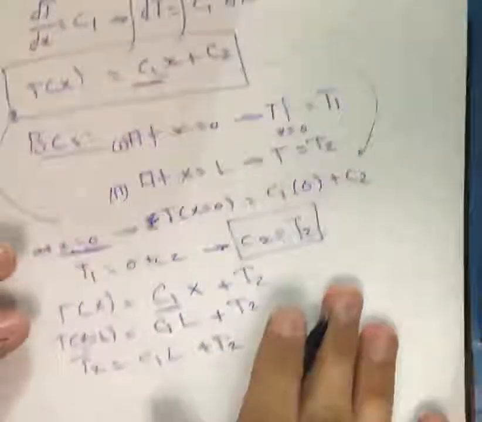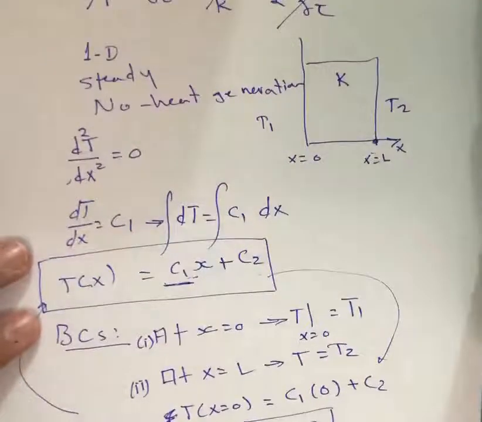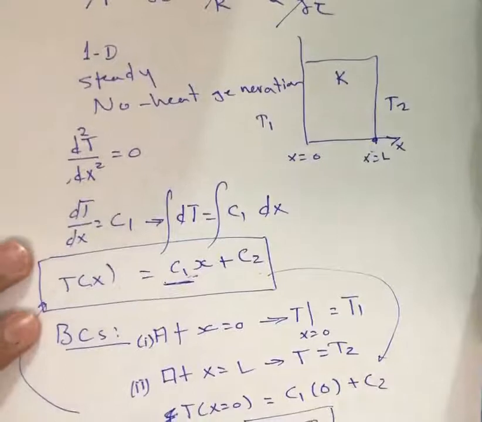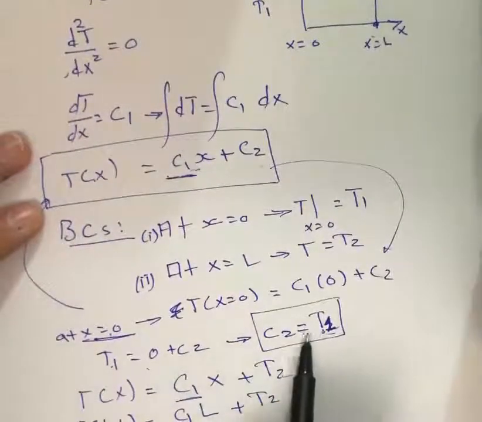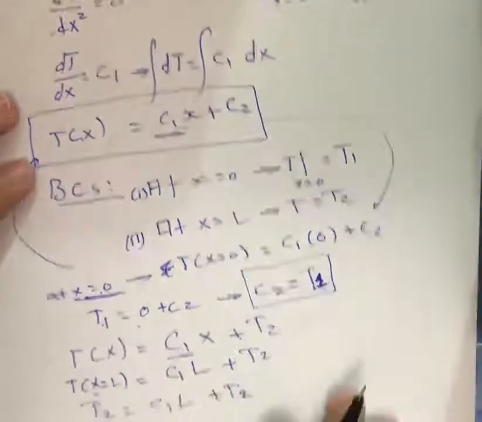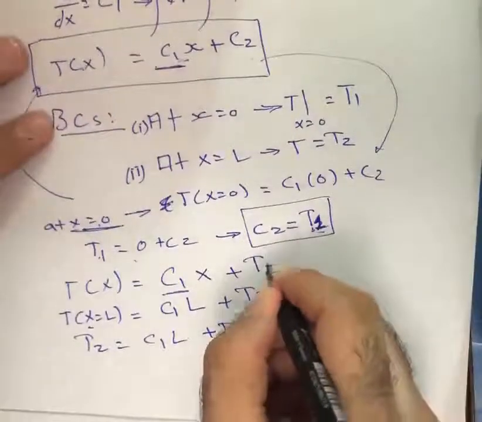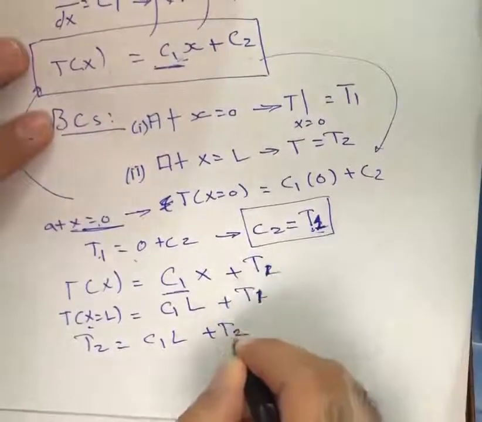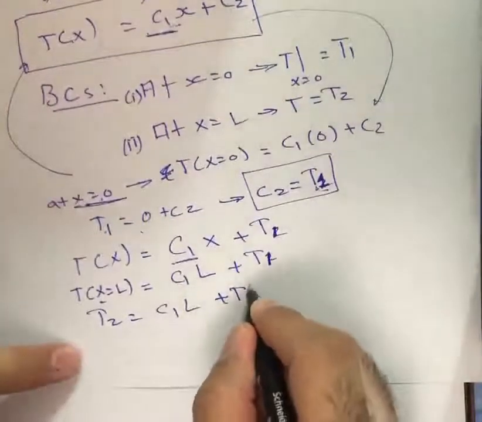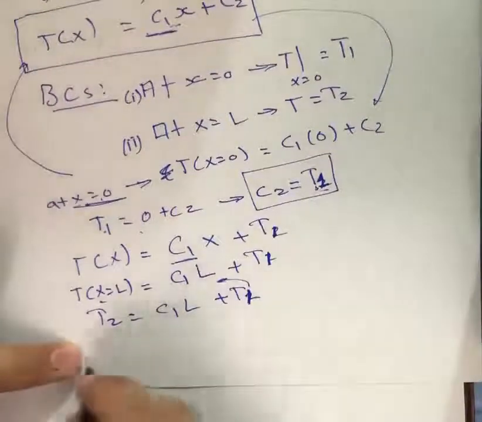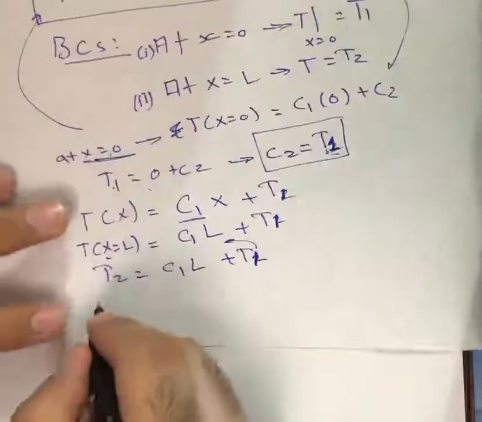Sorry, I made a mistake here. C2 equal to T1. Okay, sorry. Because this is T1. I made a mistake here and wrote T2 instead of T1. C2 equal to T1. Then this will be T1. This will be T1. Okay. Sorry for this mistake. Now I will transfer this T1 to the left side,